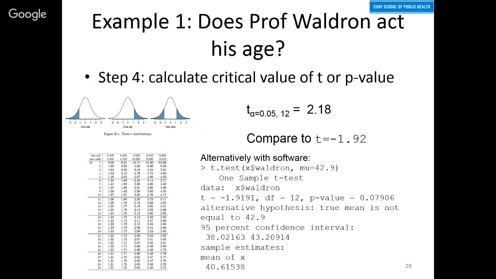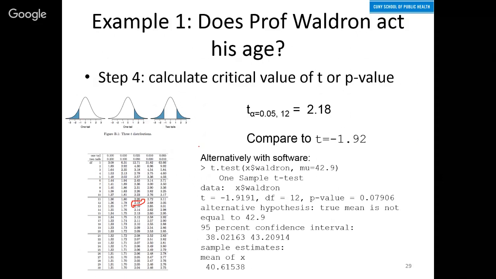And we want this two-tailed 0.05, so we go down there to 12, and the critical value is, there we are, 2.18. So compared to what we observed, 1.92,